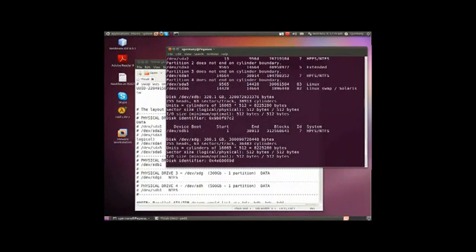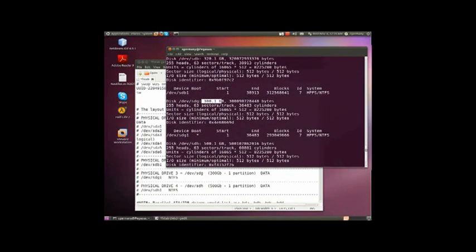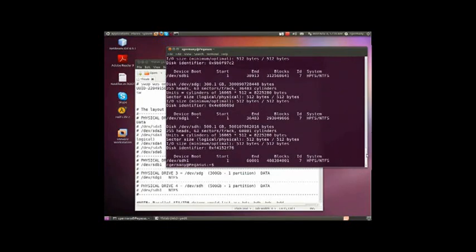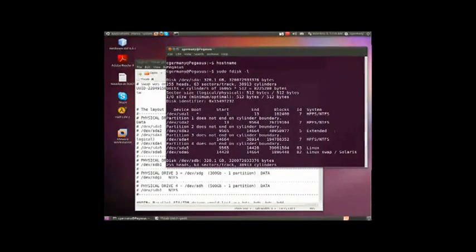And the way this works, SDB, this is a 320 gigabyte serial ATA drive, and it has one partition. Alright, here's a 300 gigabyte, and it's actually a parallel ATA drive, and it too has one partition, SDG. SDH here, this is a 500 gigabyte drive, it's parallel ATA, and it has one partition. And if I come up here, this SDA is a serial ATA drive, it's 320 gigabytes, and it has 6